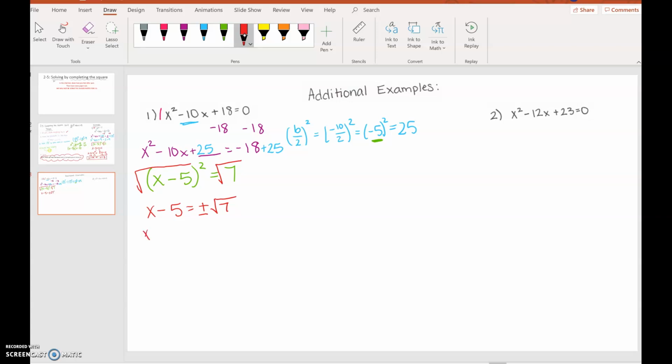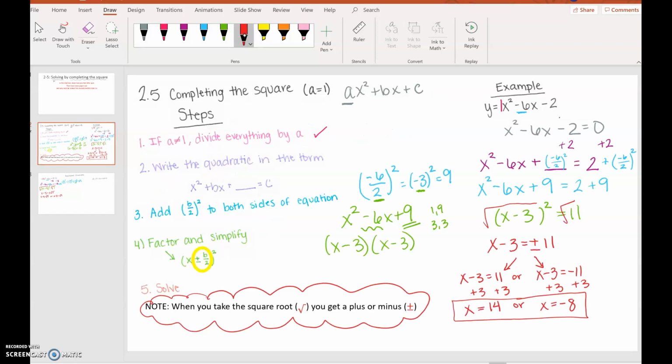And then that means we have x minus 5 equals a positive square root 7, or we have x minus 5 equals negative square root 7, which, by the way, I totally just realized that I just dropped this square root. So like all of this is not it. I'm so sorry. So square root on both sides still, and so these answers actually are, you add 3 to